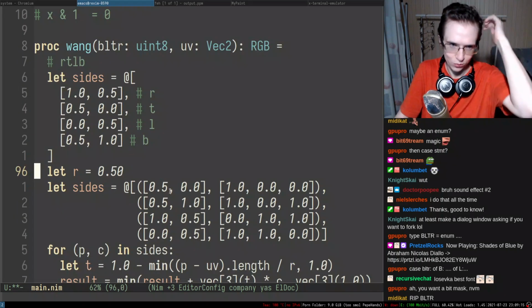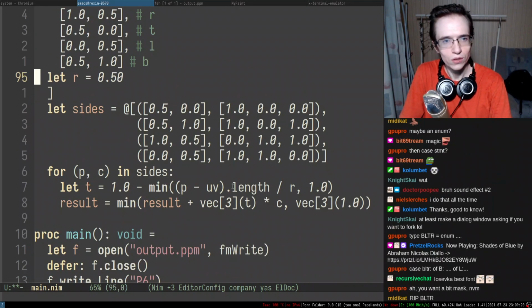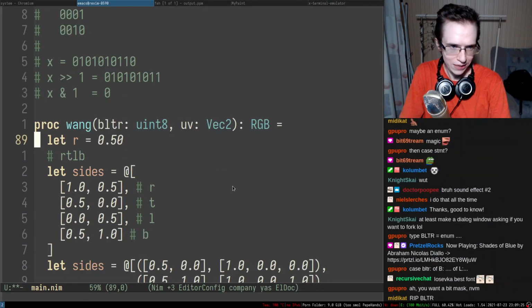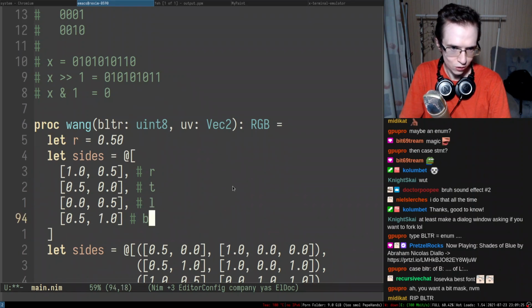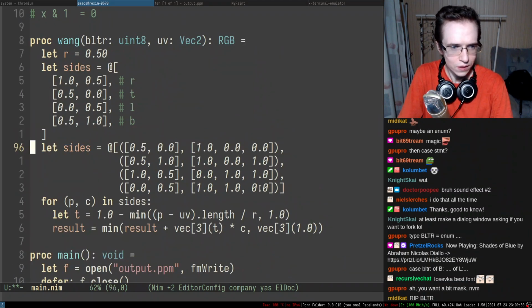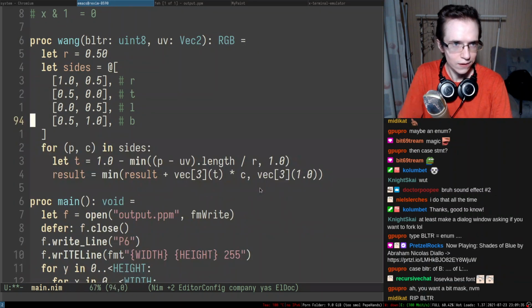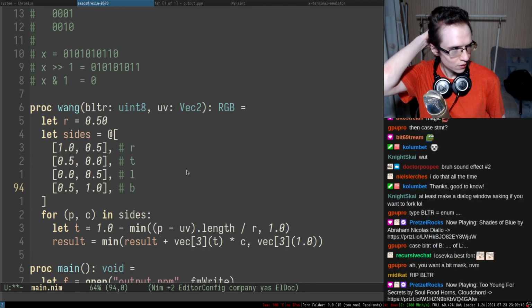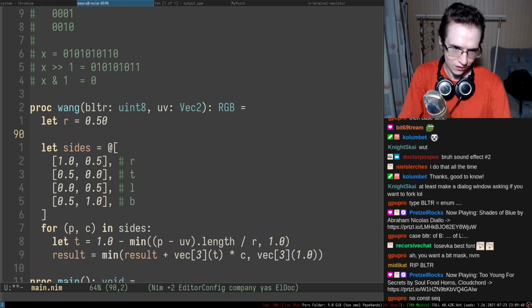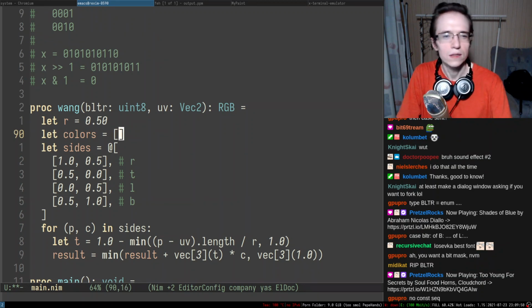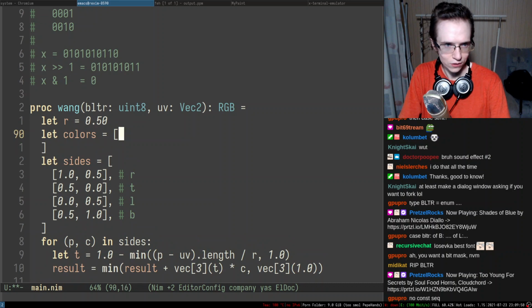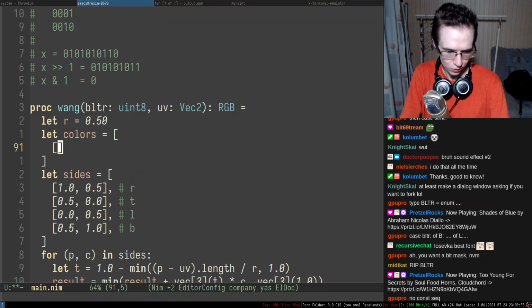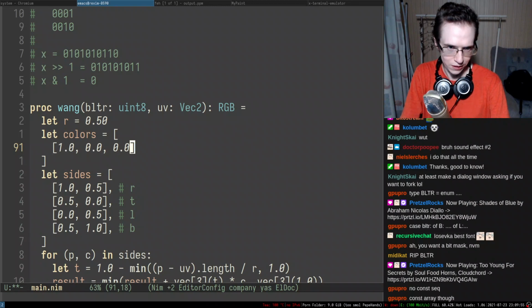Here are the sides that we need to iterate in here. So the radius stays the same, and I wonder if I can make this entire thing const. Maybe not, doesn't matter. We also need to keep track of the color, right? So here are the sides, and now we also have the colors. I'm going to make the color some sort of an array. The first color at 0 is going to be yellow, so we're gonna keep it yellow.